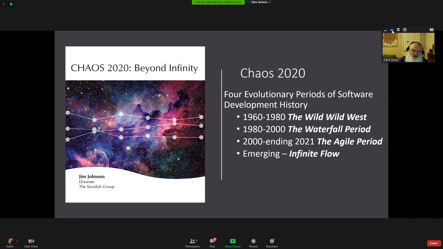And so the Standish Group uses the term infinite flow. And I'm not going to spend much time on this. I'm just setting this up as to where PMBOK Guide 7 fits in. But by infinite flow, that's really getting away from a lot of, quote, cycles, unquote, budget cycles, development cycles, some of that. We're going to be more and more product focused or value focused. That may be, part of it may be product, part of it may be organizational change. It may be a combination of both. It may be compliance issues. It's really not going to matter, because continuous flow is going to look at all these different pieces and deliver them continuously and not necessarily bundled together as part of a huge project.